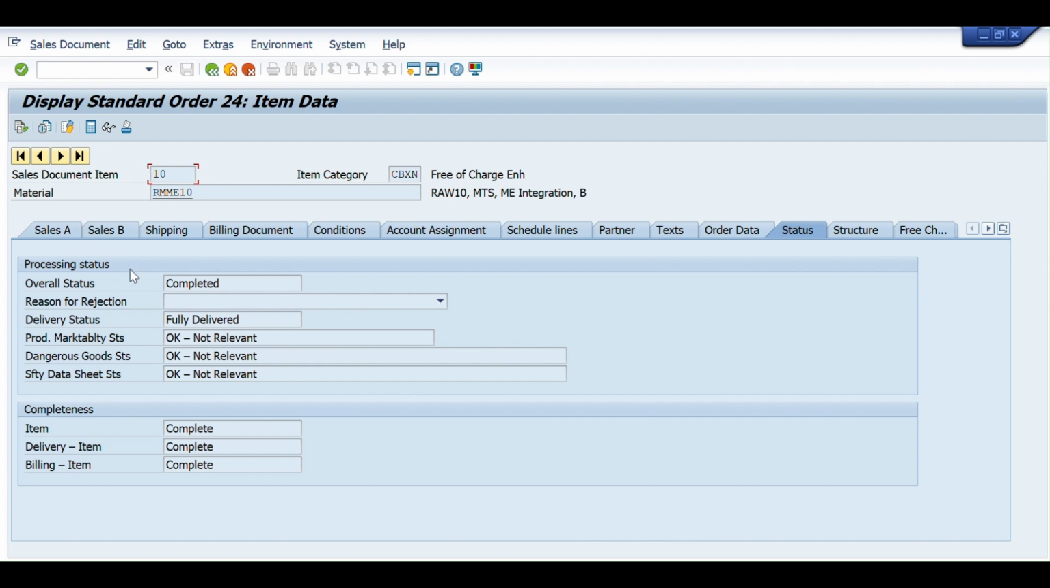Okay. These fields will automatically update. Now while creating sales order, we cannot see overall status as completed. We can see overall status as open. Once we save the order, then we can see in processing status, overall status as completed. So in support projects, many times we'll receive tickets like